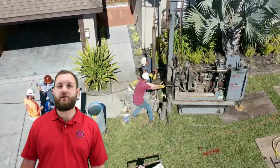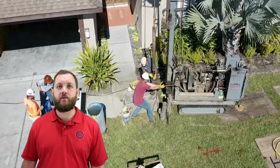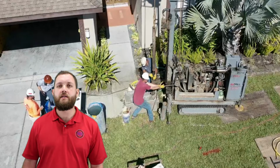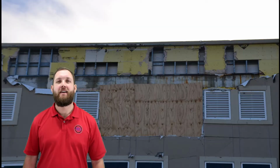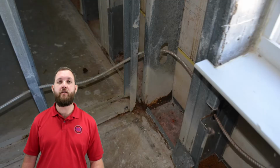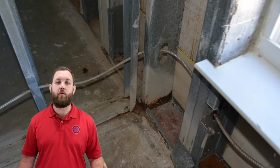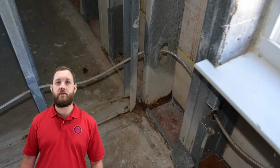This is aerial footage showing an SPT boring at a residential property. We complete these on a pretty regular basis when we're doing soil exploration, settlement investigations, sinkhole investigations, and similar things like that. This picture illustrates the damage that happened after Hurricane Michael at a property in Mexico Beach. Specifically, the curtain walls were sucked out of the building, and during our investigation we noticed that there were prior repairs, corrosion, paint, and that obviously showed that there were issues occurring during the original construction that helped contribute to